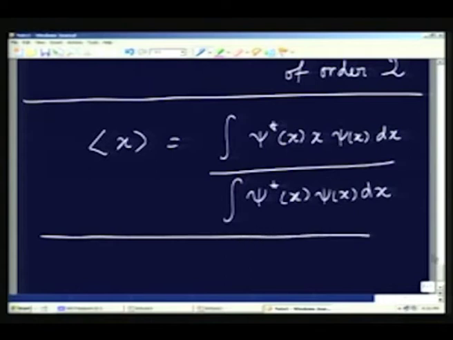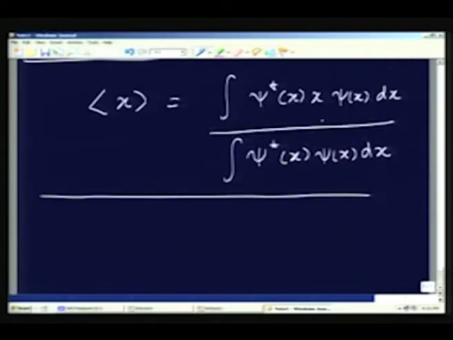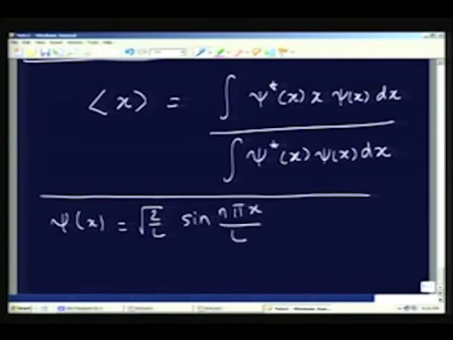Now you recall, psi of x is root 2 by L for the particle in a one dimensional box. It is psi of x is root 2 by L sin n pi x by L. What are the values for x? x goes from 0 to L,